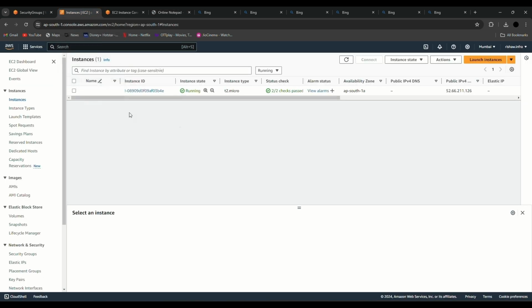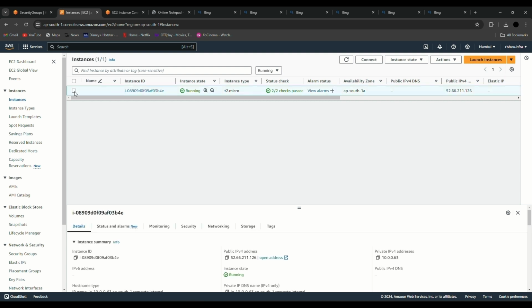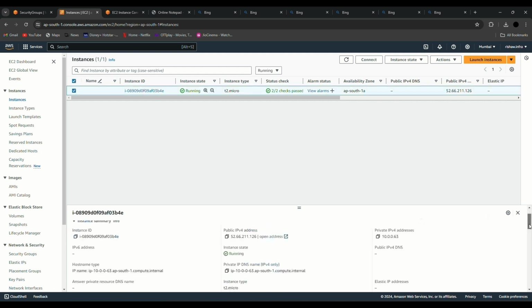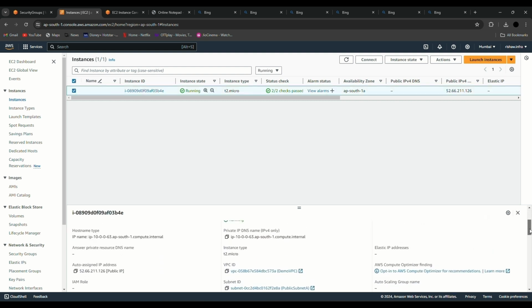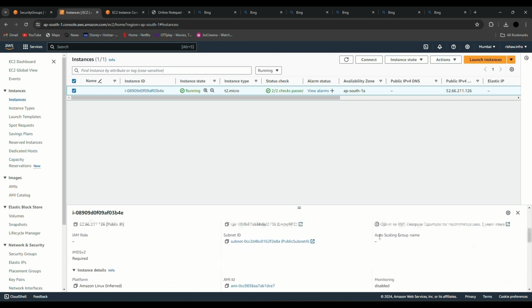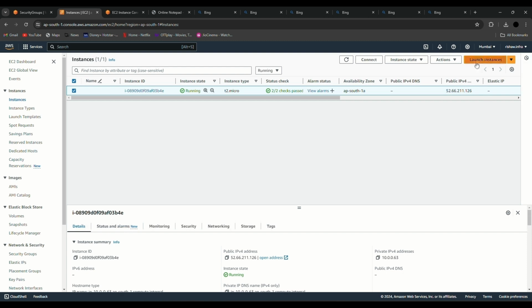If I go into my instances that we had launched, as you can see, this is the running instance. This is what we had launched in our public subnet A. If I scroll down, you can see public subnet A. Now what we are going to do is name it Bastion host. Alright, so this is done. Now I'll launch another instance